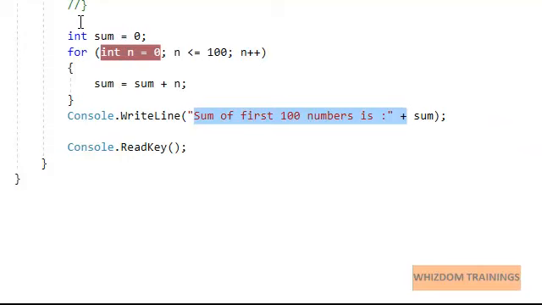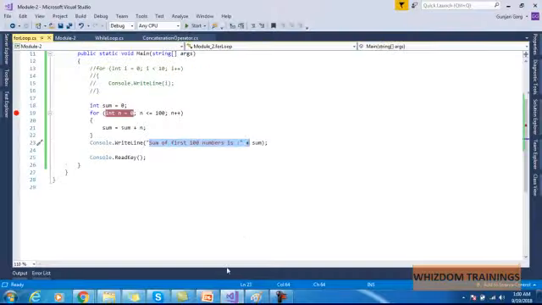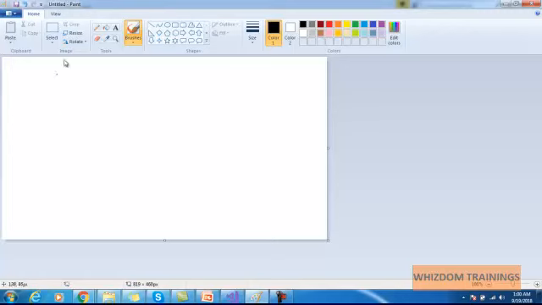Now, a practical example for the for loop is how you can use loops with Selenium. That is where we will be using loops in Selenium. Say suppose you have an Excel file with you, say it is your